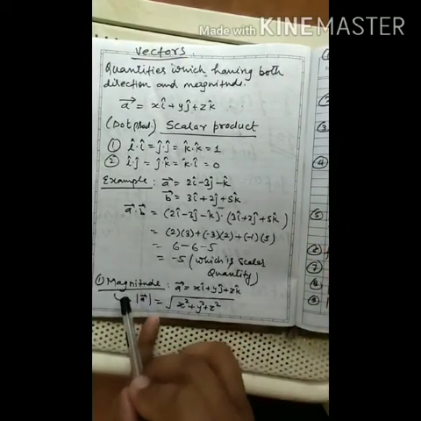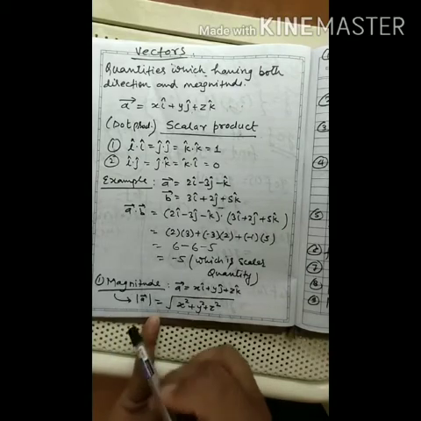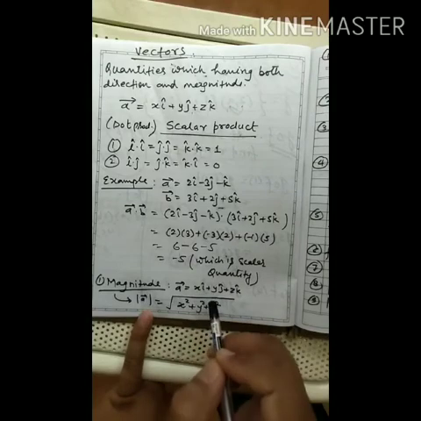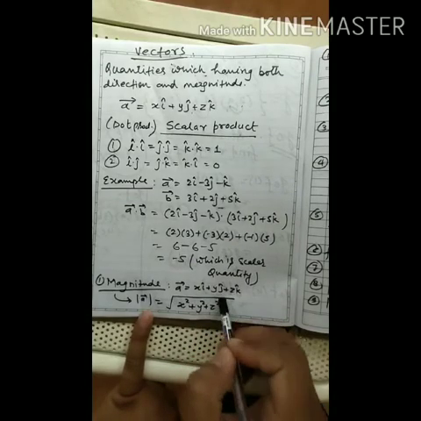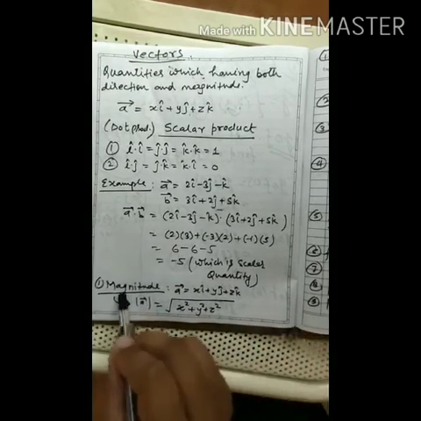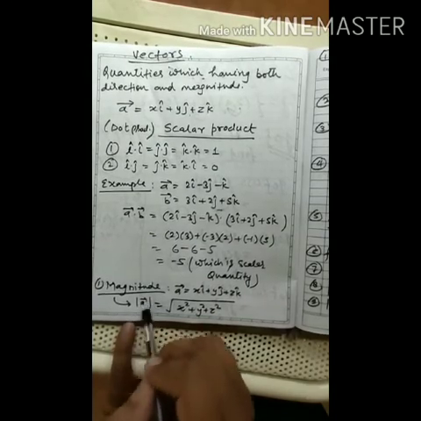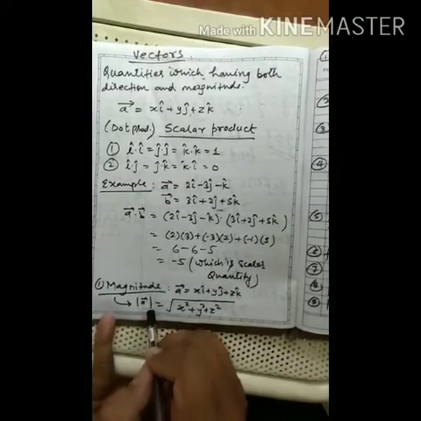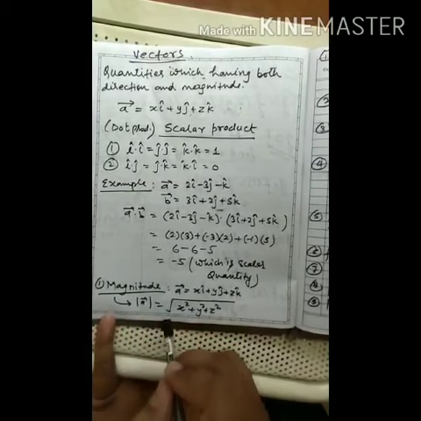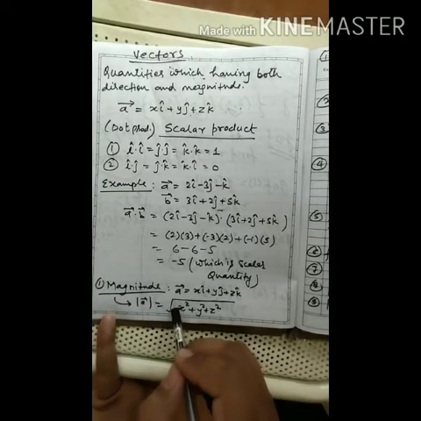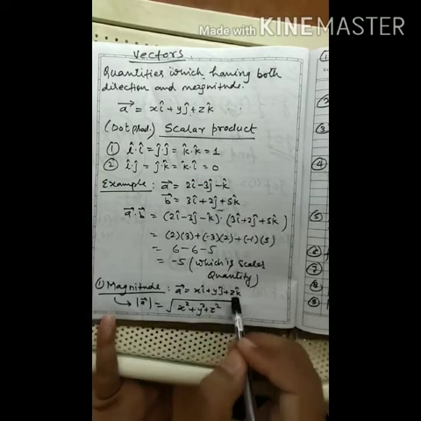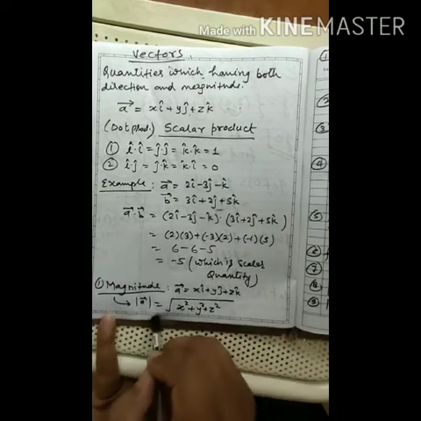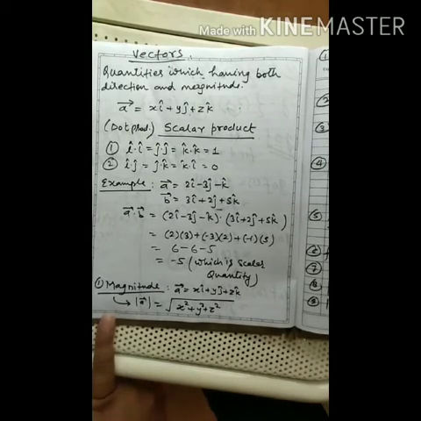Magnitude, how will you find magnitude of a vector? So let us consider this is vector A, that is xi cap plus yj cap plus zk cap. Now magnitude is represented by this symbol, like mod, right, this is the symbol of mod. So magnitude of a vector, this is the symbol. And how will you find magnitude? The components of I, j, k, their squares, x square plus y square plus z square within a square root. In this way you will find magnitude.